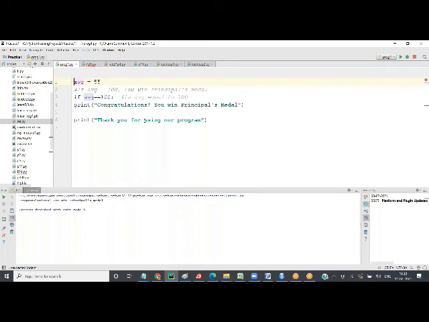But the problem here is, if I wanted the statement, congratulations, you win principal's medal, for everyone as part of main, then the version is fine. But this has to be inside if. To put this inside if, I have to press tab. You have to give at least one space. This is called indentation. You have to indent it properly.